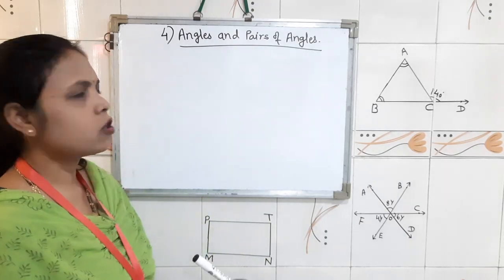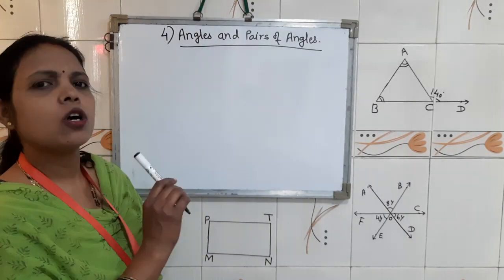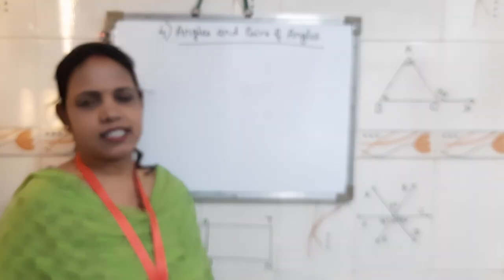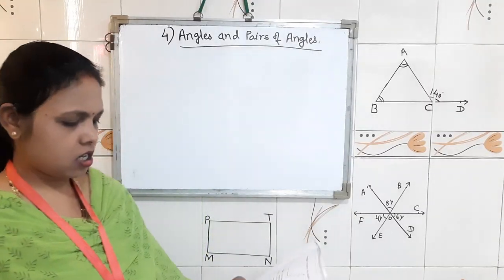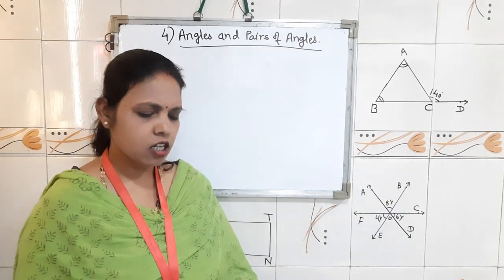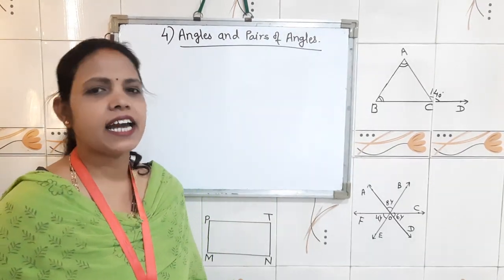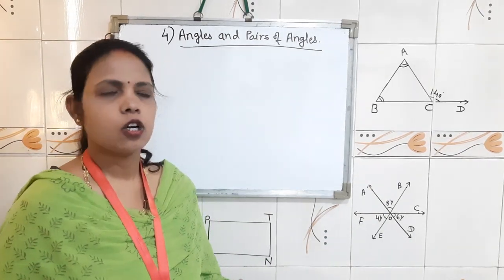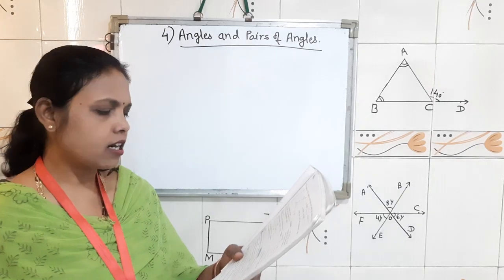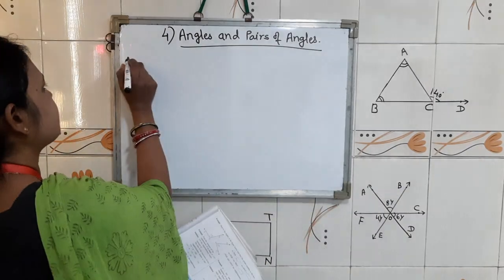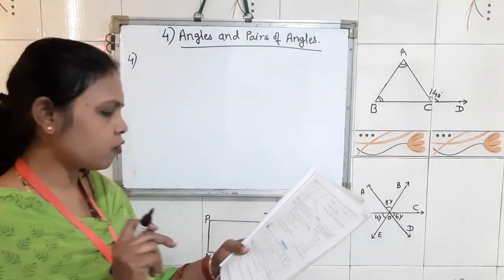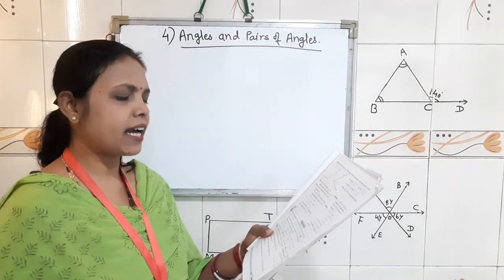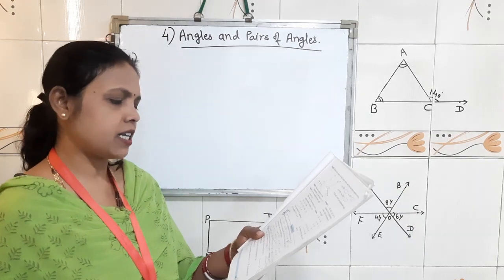Today we are going to continue our fourth chapter, angles and pair of angles. In the last class we had completed exercise 17 till question number 3. Today we are going to start question number 4. It's given that the difference between the measures of the two angles of a complementary pair is 40